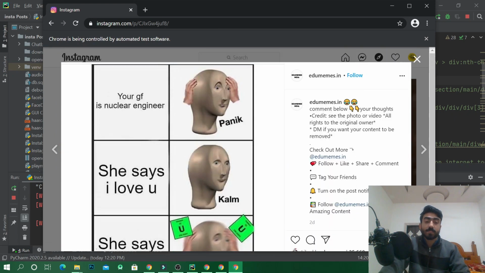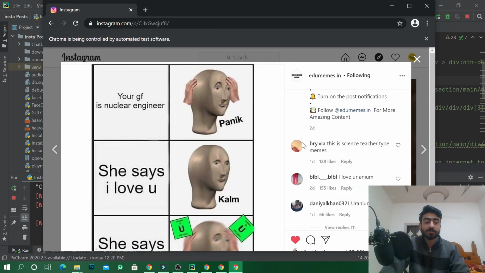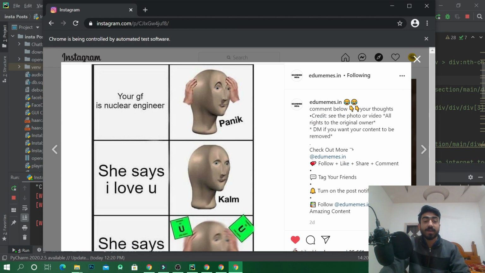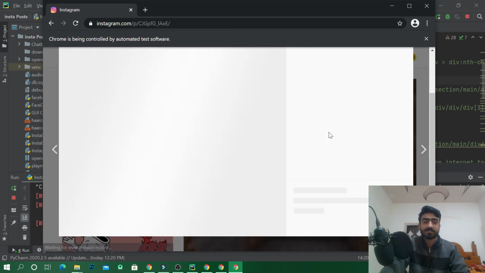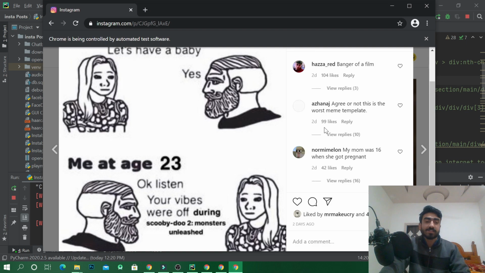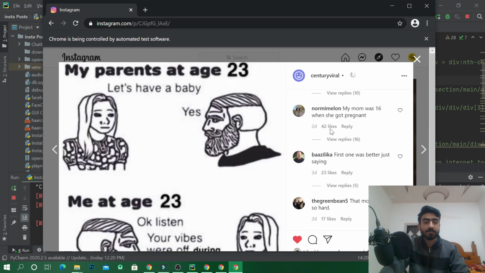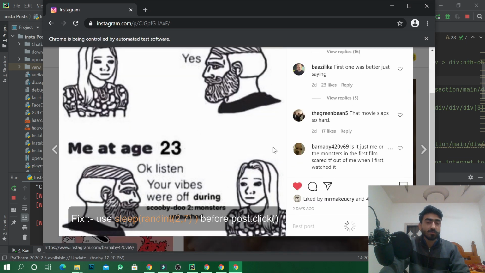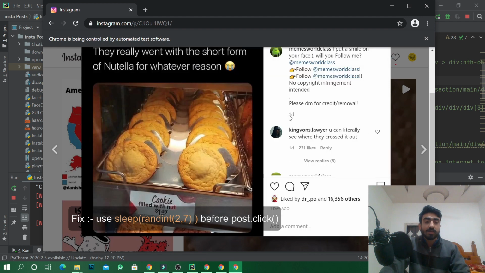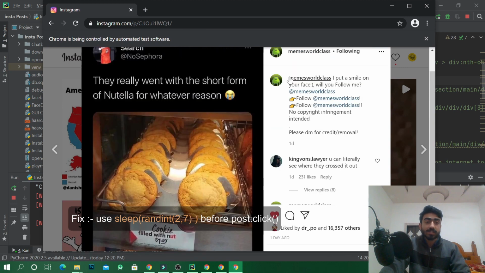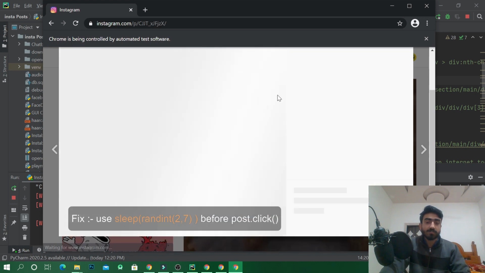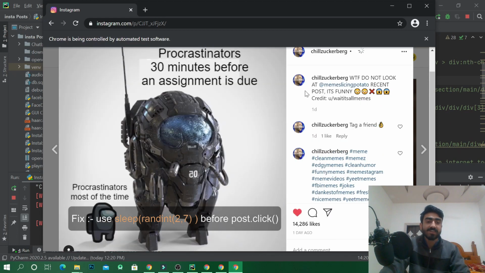Our bot will do this for 100 posts. You can type any number, you can type 1000, but remember Instagram may find that it's a bot. So keep in mind to use random sleep for random time, so that Instagram.com does not find our bot a bot.